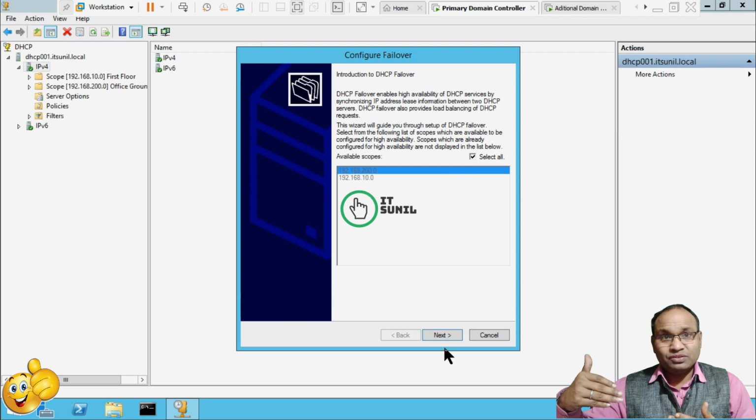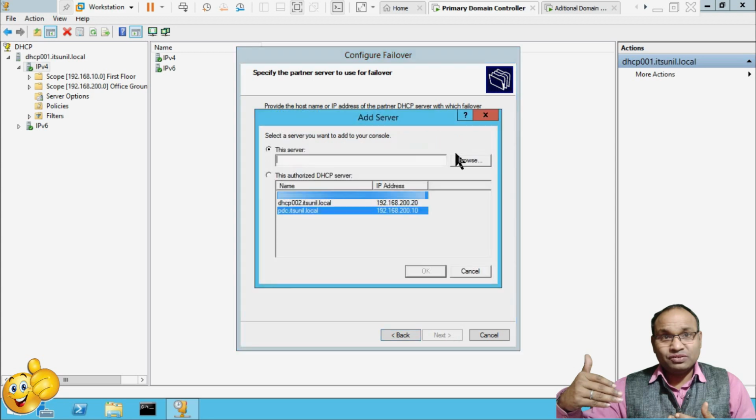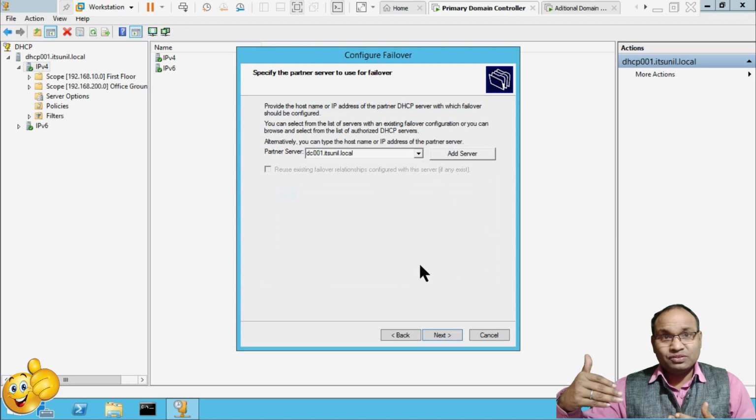So click on Next, select the partner server, Add Server. My secondary DHCP server name is dhcp002.itsunil.local, as we have seen previously. So click the other DHCP server and click OK. Click on Next.